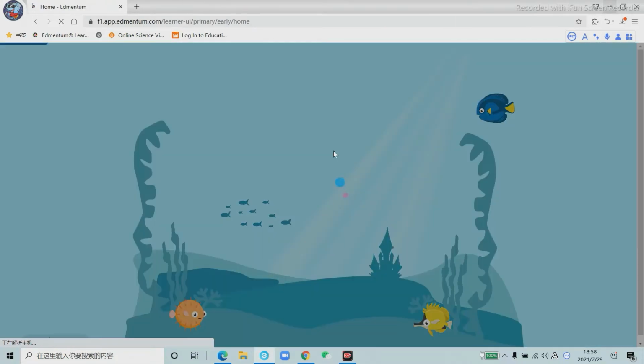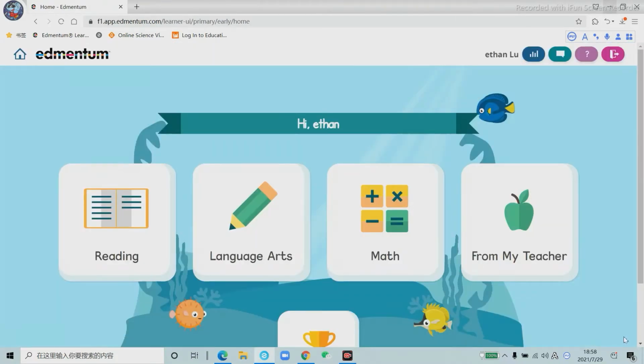那个平常一样，那个 language art。上一节，math 上一节，reading 上一节吗？